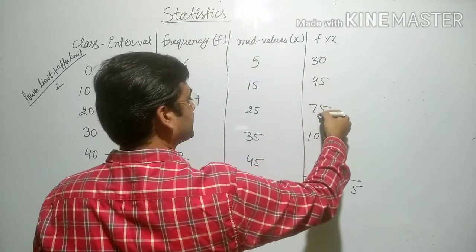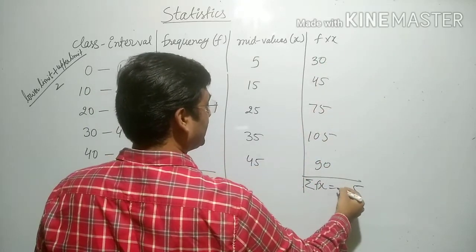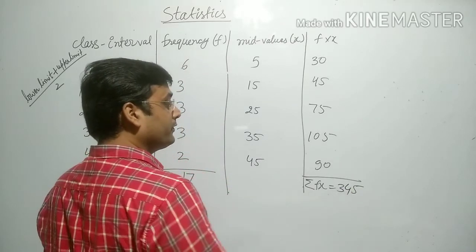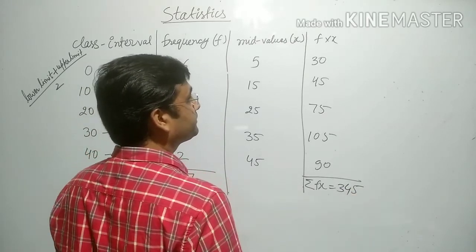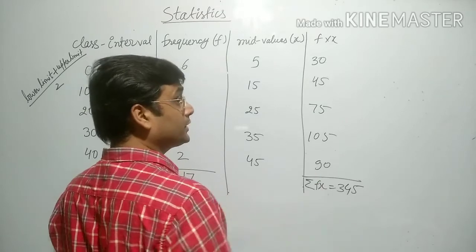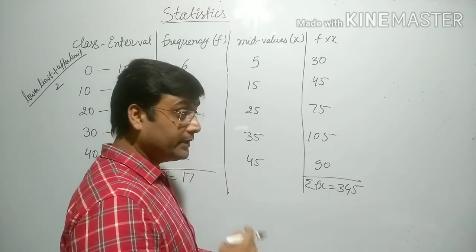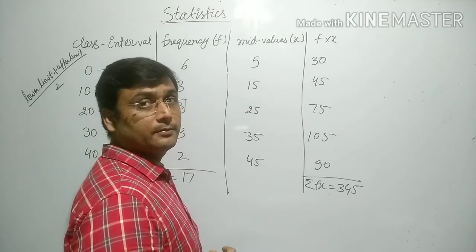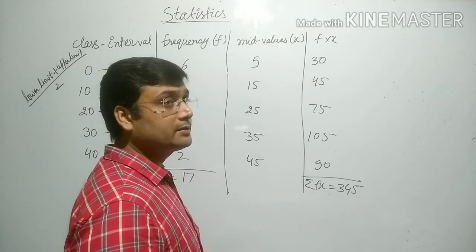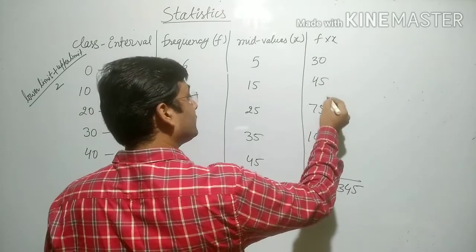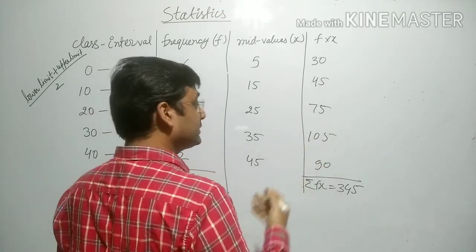1, 4, 8, 7, 15 and 10, 25, 24, 2, 2 and 3, 345. We will get 345. Also we should cross check it. Every time I am telling, whenever we are multiplying, whenever we are adding, we have to check that. Cross checking is very important whenever you are solving a statistics question, because it is normal for a person to make a calculation mistake.